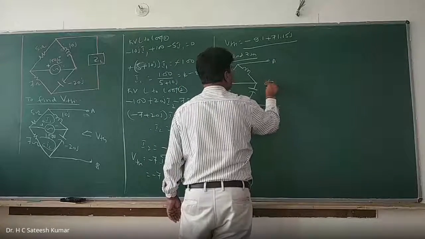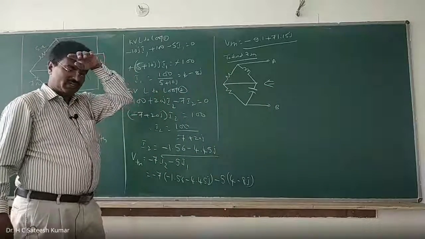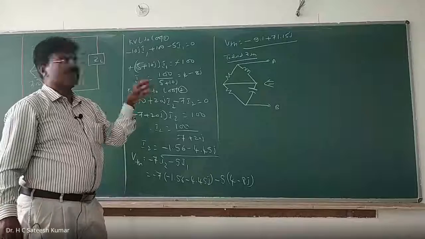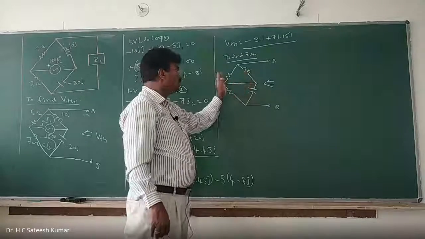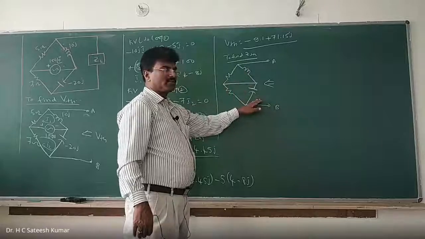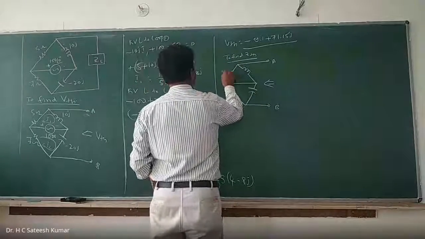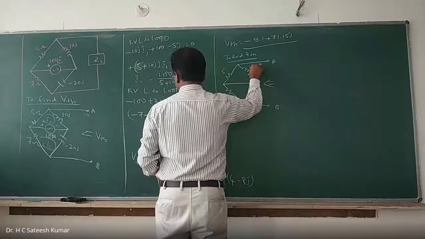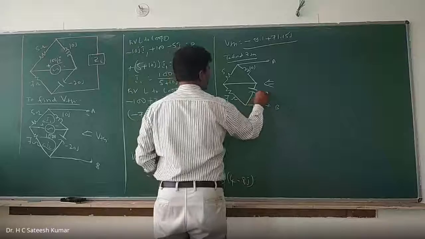You might have observed that in the last problem, one of the bridge problems, a current source was there, and there we made it open circuited. Then these two became series, and these two became series. Now these two become parallel, these two become parallel. This parallel combination will be in series. So this is 5, and this is 10j. Since it is a voltage source, we are short circuiting it. 7 ohms and minus 20j.